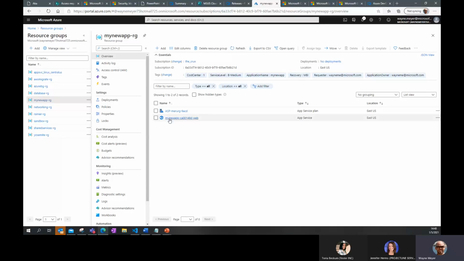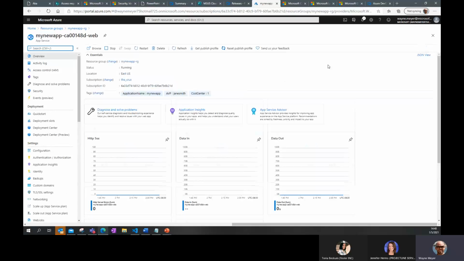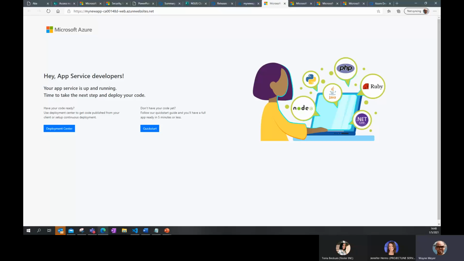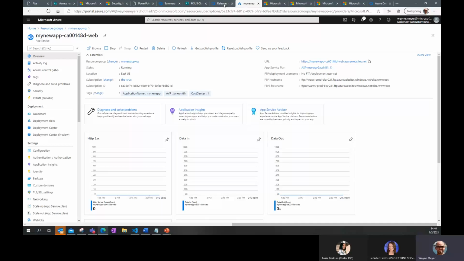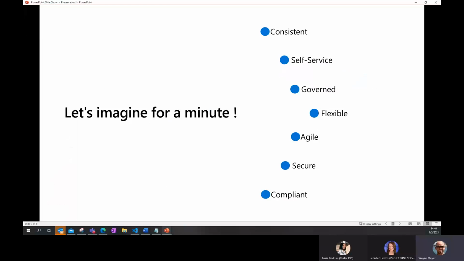And so there's my app. And if you can go into this app now, you'll see that this app is absolutely live. If you click this link, the developer is now ready to get going on building out and coding into that. So really, really powerful scenarios that we can go out and automate in our environments, and not terribly difficult to create. So I kind of like to use that example just because I think it gives folk an idea of what's possible in a very